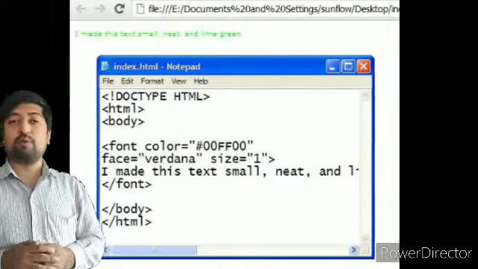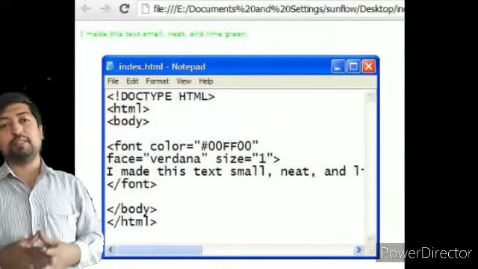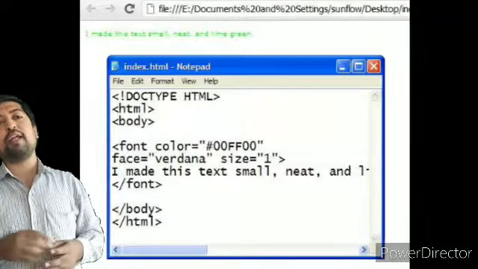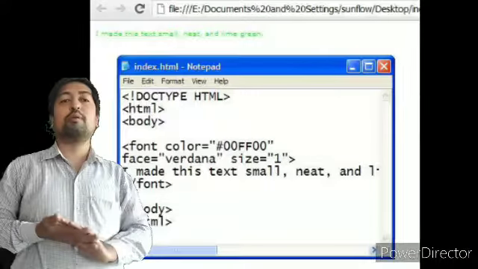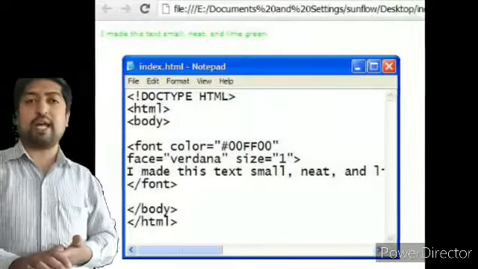Then I have to write the name of the person. After writing the name, the font tag should be closed.